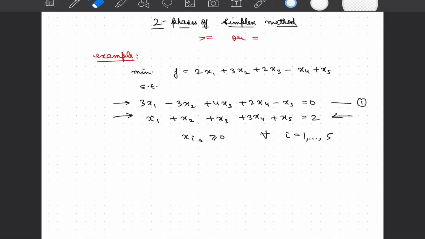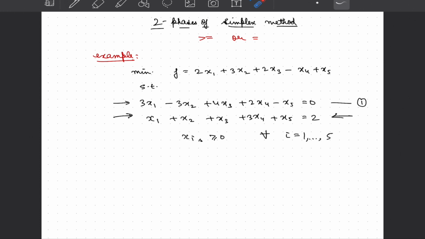Hello students, in this video we are going to discuss two phases of simplex method. In our previous videos we have looked into cases where we were dealing with less than equal to sign, and by introduction of slack variable, which is a non-negative number, we were always able to reduce our systems of equation in canonical form. However, when we are dealing with greater than equal to or equality constraint, we often end up with a problem that getting canonical form is not that straightforward.